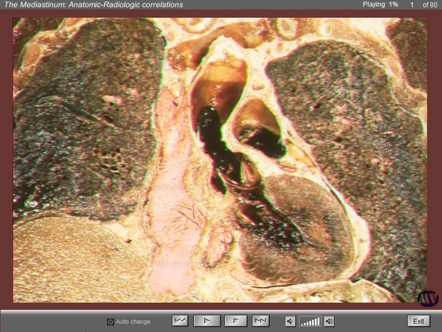In this coronal anatomical section, we note that a pink plastic was injected and fills the superior vena cava, the right atrium, the inferior vena cava, and the coronary sinus. Note that to the right of the right atrium, we see fibroadipose tissue, and it forms what is called the right pleuropericardial fat pad, which is a collection of fat interposed between the right medial dome of the diaphragm, lateral